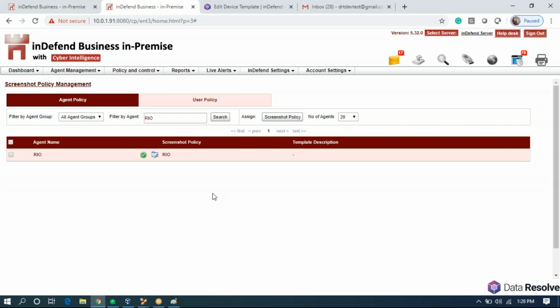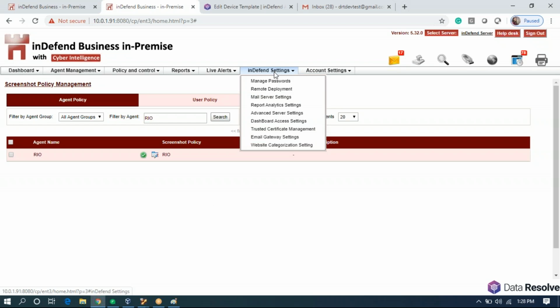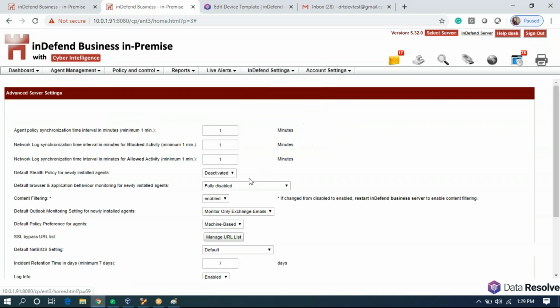Other than that, I will also show you some of the basic settings that you need to do before you initiate a POC. So you go to Indefend settings. Here we have advanced server settings. I will recommend that you always activate the stealth mode. Default stealth mode policy, as you saw, for me it was deactivated because the default policy was set to deactivate.